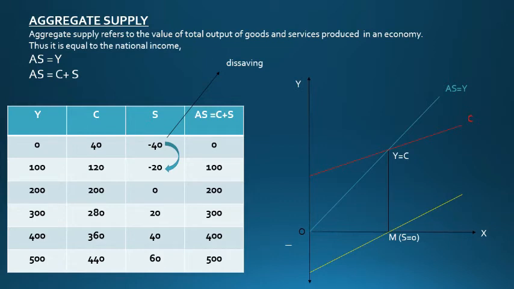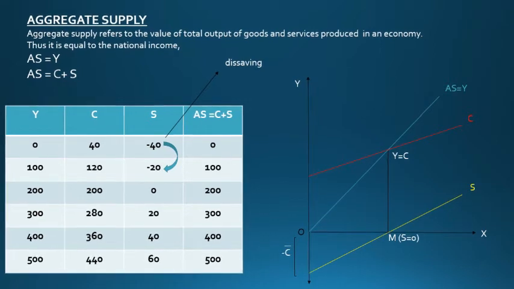Since the savings is initially negative, it will start from below the origin and after being 0, it starts to increase. Thus, the upward slope of the savings curve indicates that saving also increases when the income increases. The distance between the origin and the point where the savings start is known as dis-savings, indicated by minus y.